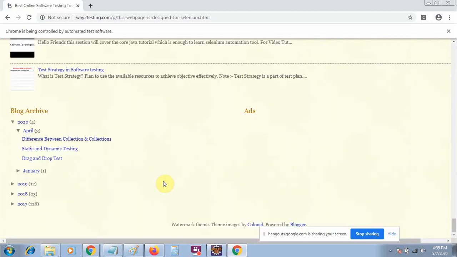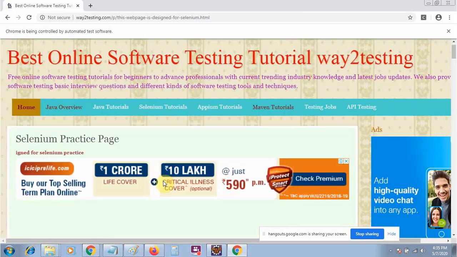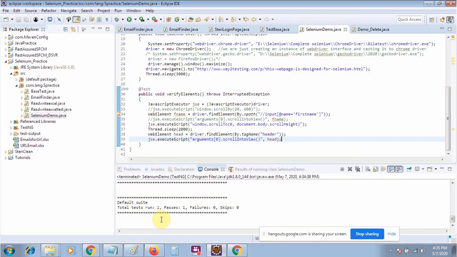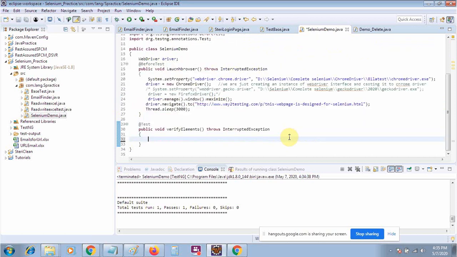Whenever your application is an Ajax type application, with Ajax type script, you need to perform such kind of operation to find some element. So you have seen that from the bottom it has come, now it is going to the top of the web page. So for such kind of dynamic application, or something which gets loaded on every scroll, you have to perform such kind of scrolling, like top to bottom or bottom to top. So it's all about the scrolling part. Now let me remove this one, it is not required.